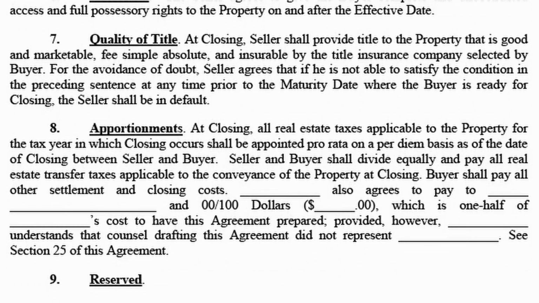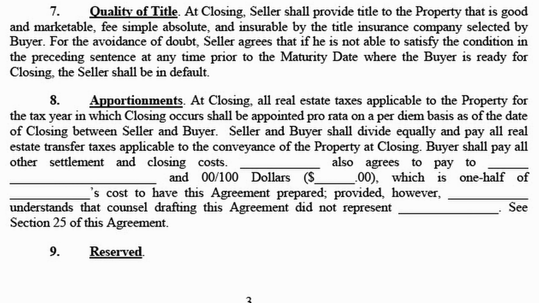Section 8, the apportionment. So this is important when the settlement agent's building the settlement statement. The settlement agent needs to know who's paying for the real estate property taxes, who is paying for the transfer taxes. Transfer taxes are often split 50-50 buyer and seller. Usually the property taxes are split as of the day of closing, meaning that the seller is responsible for everything up to the day before closing, and the buyer is responsible for everything as of the day of closing and afterwards. You can modify those a bit, and sometimes through negotiation parties do, but that's what's described in this agreement because that's the most common way to do it.